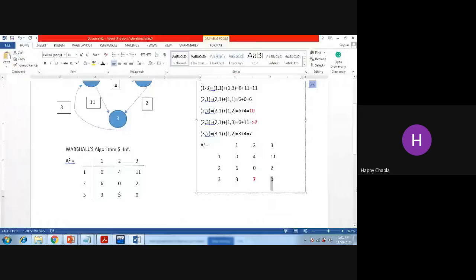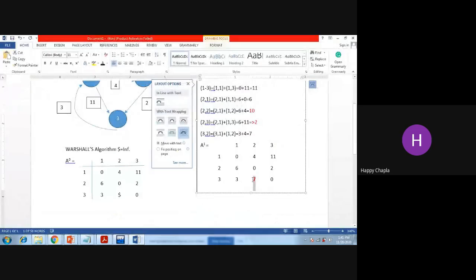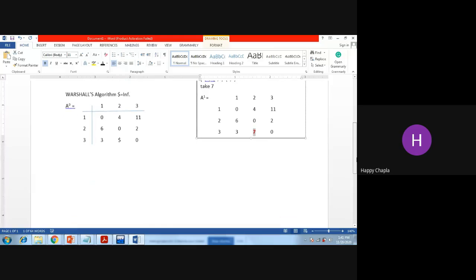What is the difference between this? Clear? This is 7 and 7 is less than infinite. So we can take 7. Here this is the updated value. Okay, now according to this matrix,